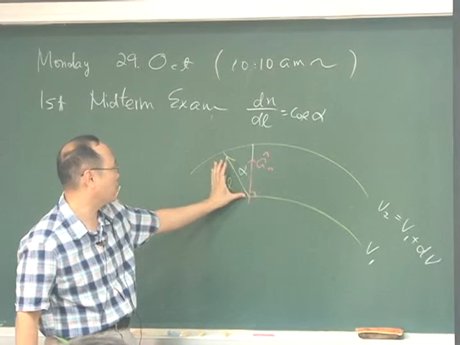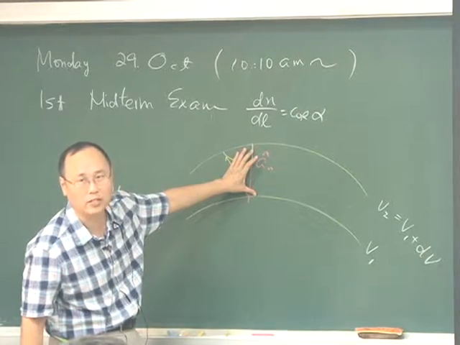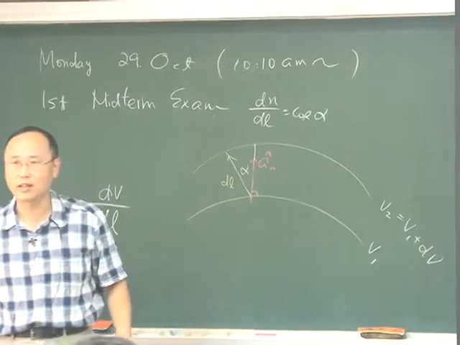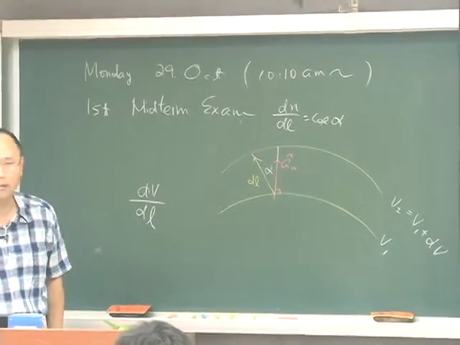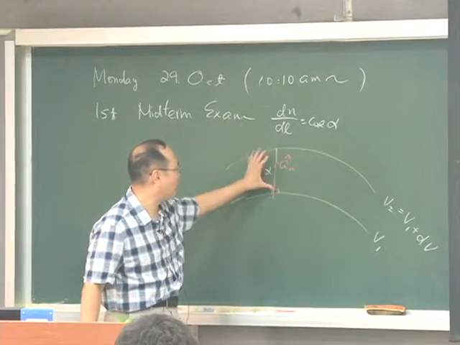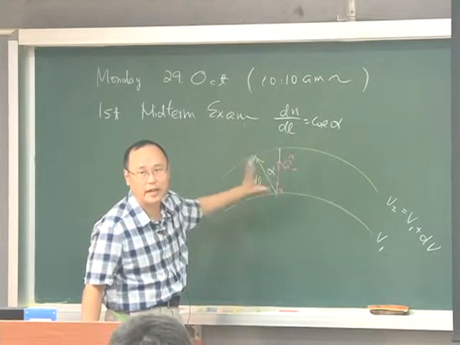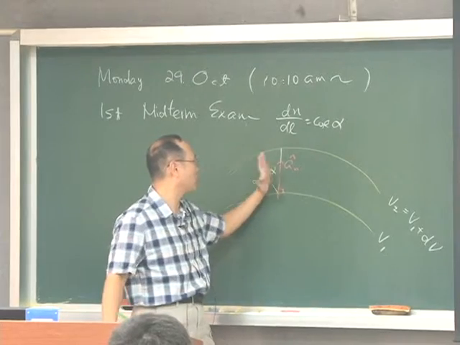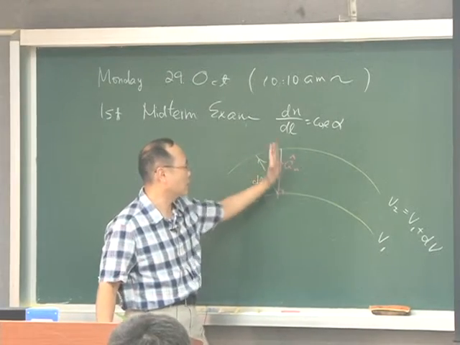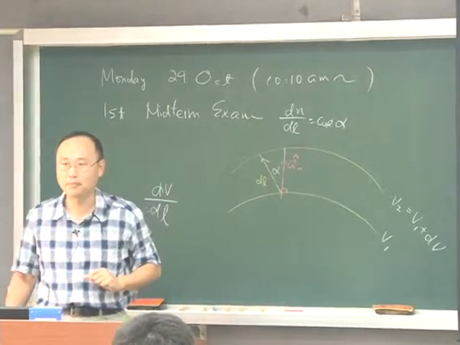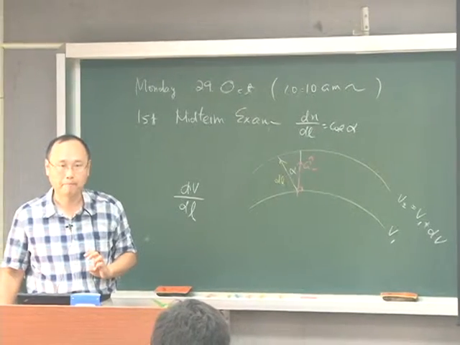The projection of this dl onto this surface normal direction is cosine alpha. All right. Well, any projection of this dl along this surface normal direction is dn. 你如果把它投影到这上头来的话呢，你就得到这个 dn 的这个长度。